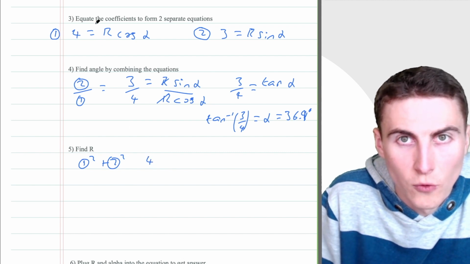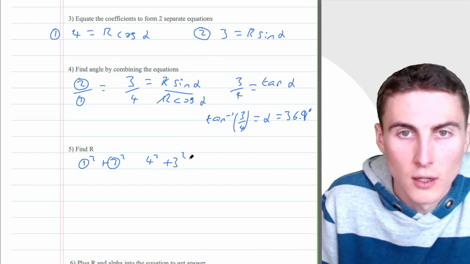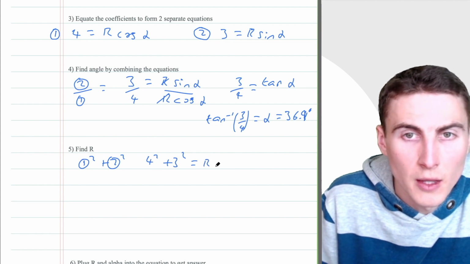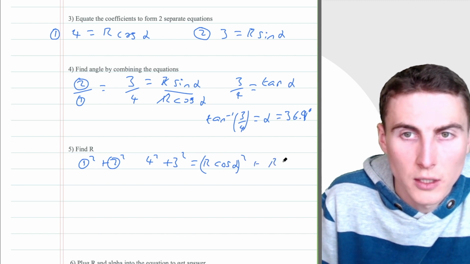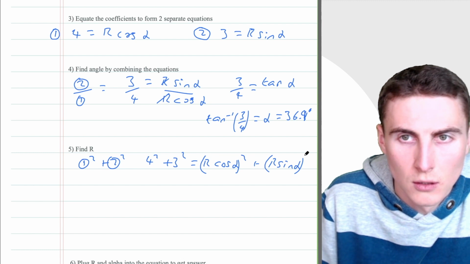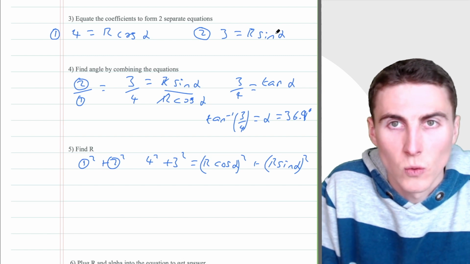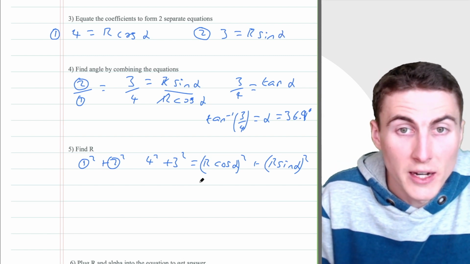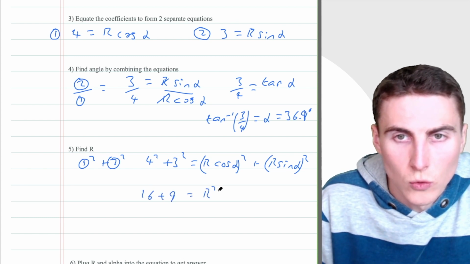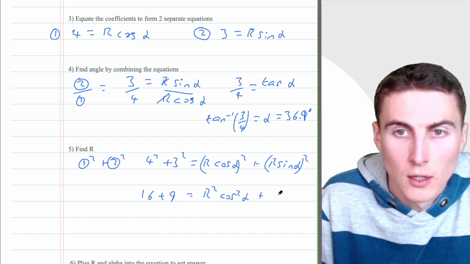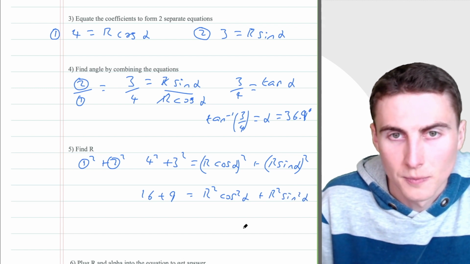on the one hand, 4 squared and 3 squared, yeah, so this squared plus this squared must be exactly the same thing as r cos alpha squared plus r sine alpha squared. So that makes sense? I'm basically saying that 4 squared and 3 squared must be the same as r cos alpha squared plus r sine alpha squared. And then I simplify that. So I've now got 16 plus 9 is equal to r squared cosine squared alpha plus r squared sine squared alpha. Or in other words,